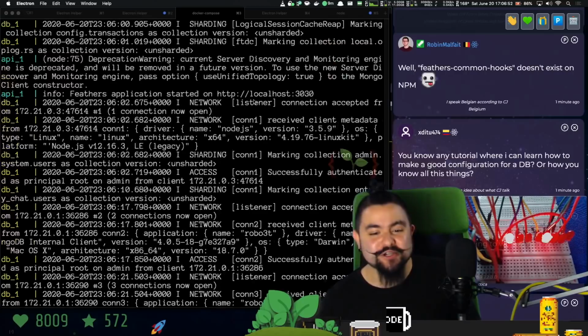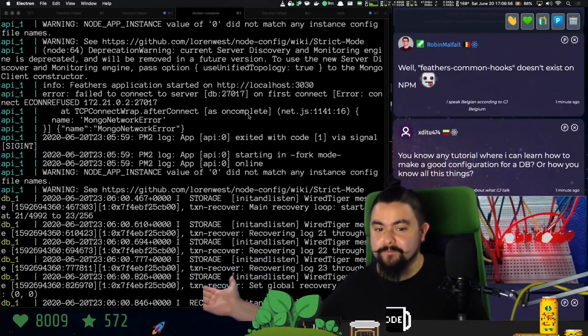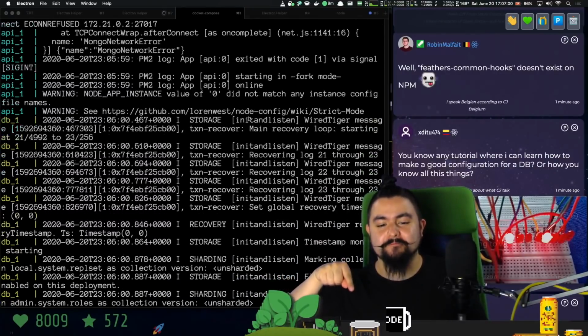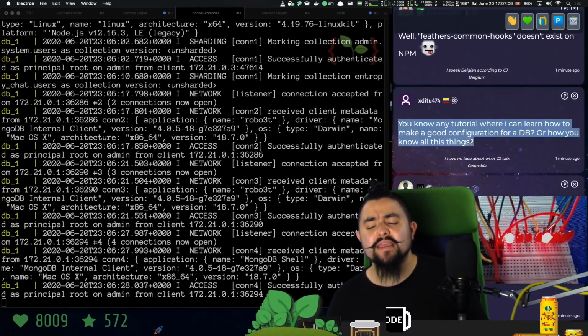Feathers hooks common is the thing. This just worked. But technically it's using the node modules on my local machine versus inside of the container. But